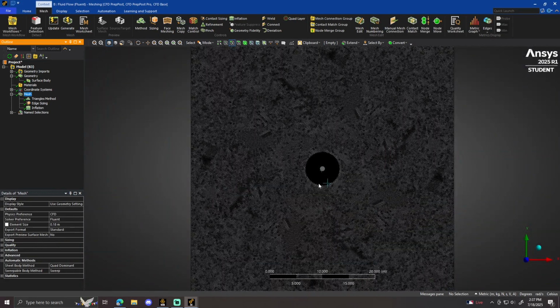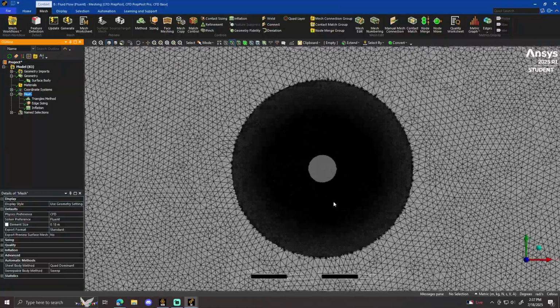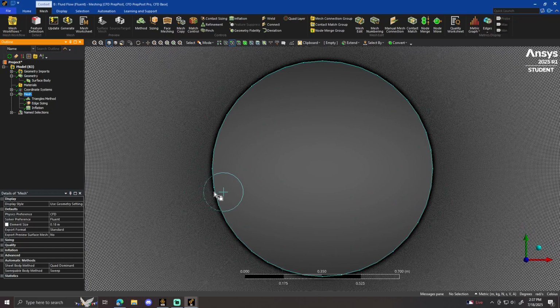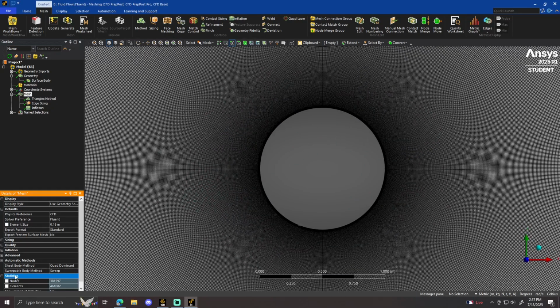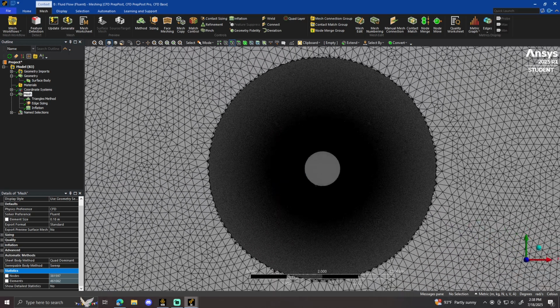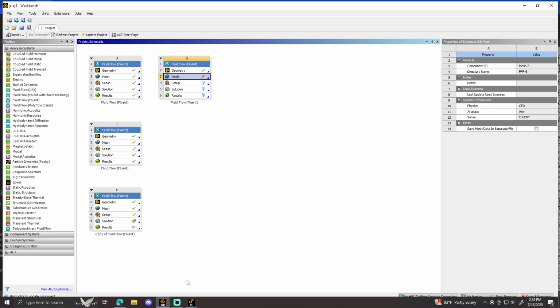Alright, this looks pretty good. So the outside is a bit less fine, but the inside is very fine, and especially around the cylinder, which is exactly what we want. If you go to statistics, you have 461,082 elements, which is exactly what it said before, which is good. Alright, now we can move on to